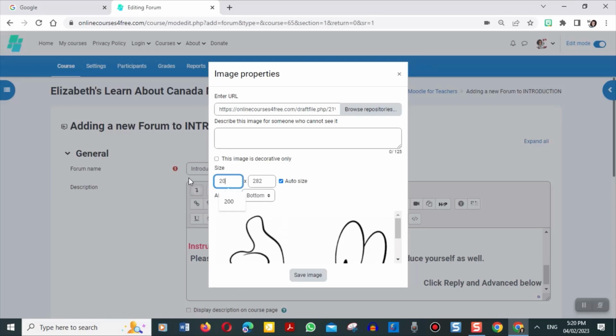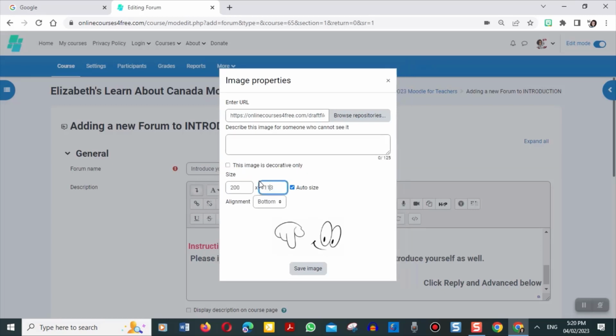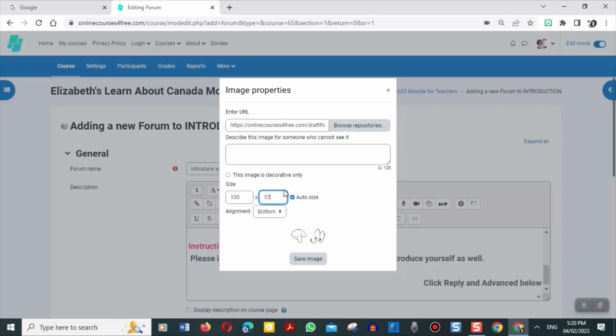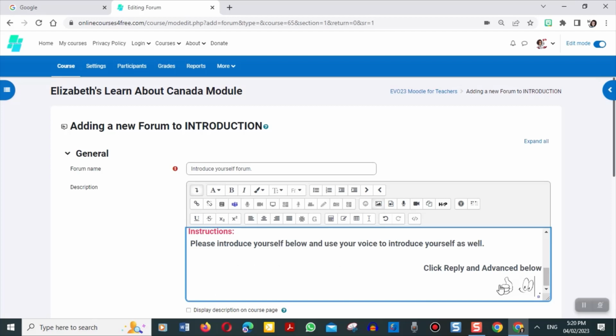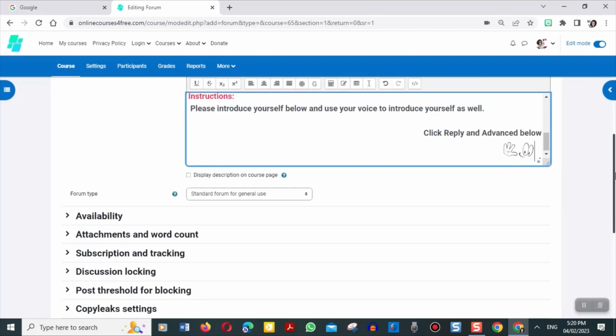I think 200 is plenty. That's even too big. I think I'm going to go with the 100. I like the 100. And there we go. I put this little guy here because in my next thing here,